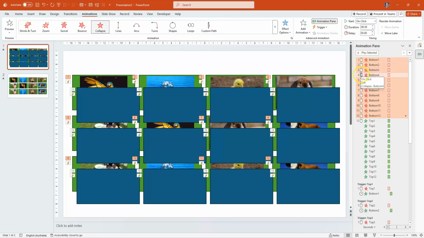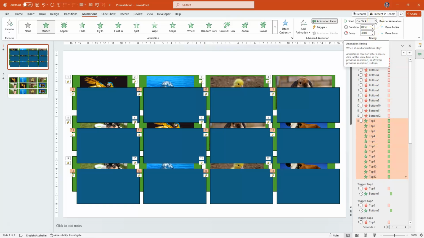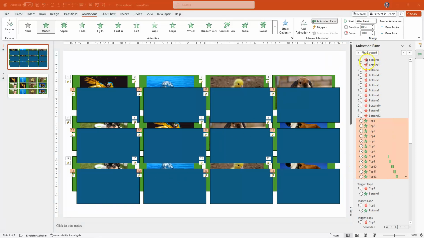Make sure it has the little mouse icon next to each one. And then on the second set of entrance effects, I'm going to highlight top 1 to top 12. And again, go to my start and I'm going to choose after previous. All right, now that we have the start setting all correct, we're going to do the exact same thing we